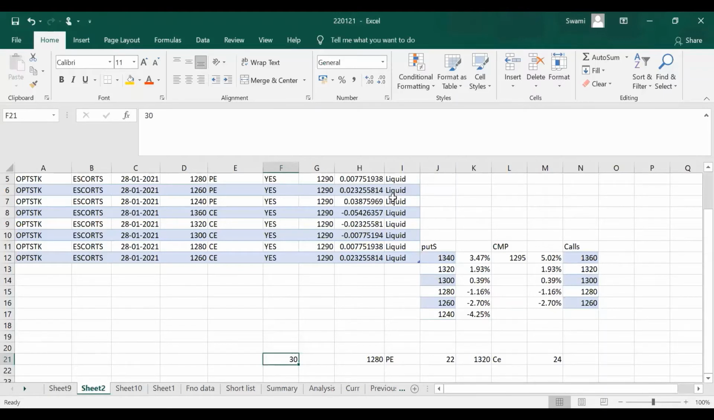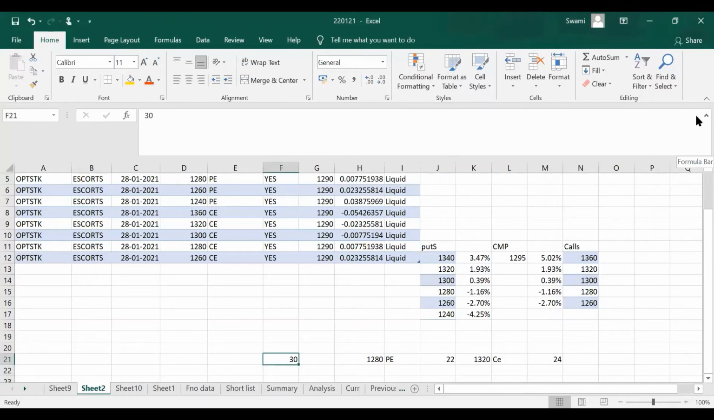Or if it's not going above 30, I will look into what is happening in the 1320 call. I'll wait for it to cross about 24, because 24 is the average price at which the CE has been written. So I'll wait to see how strong the CE writers are. Once that is there, then I will make a buy call